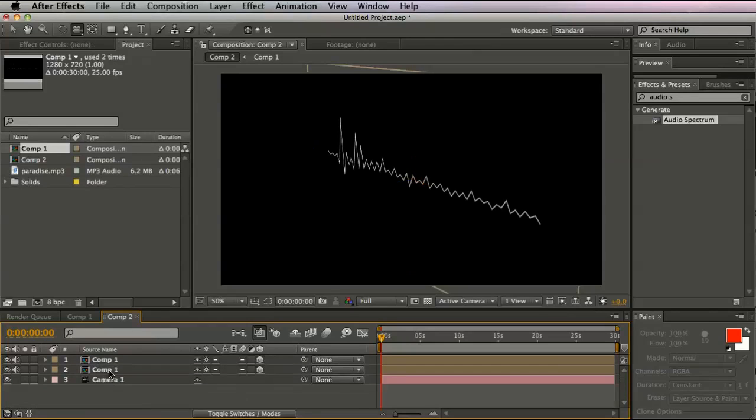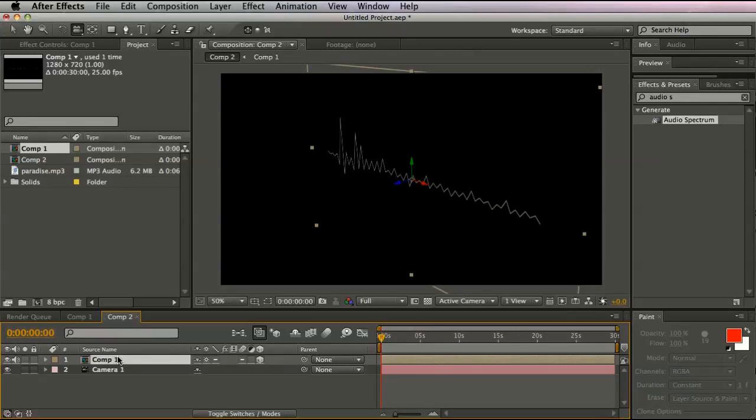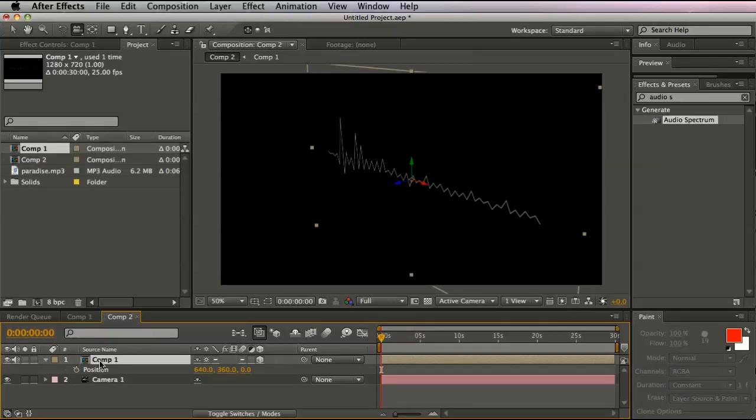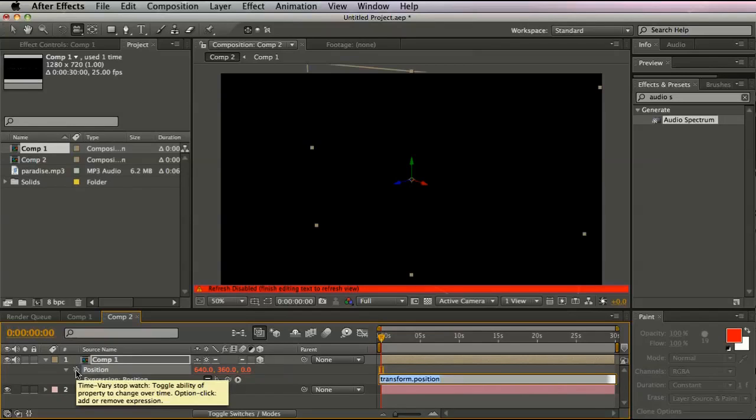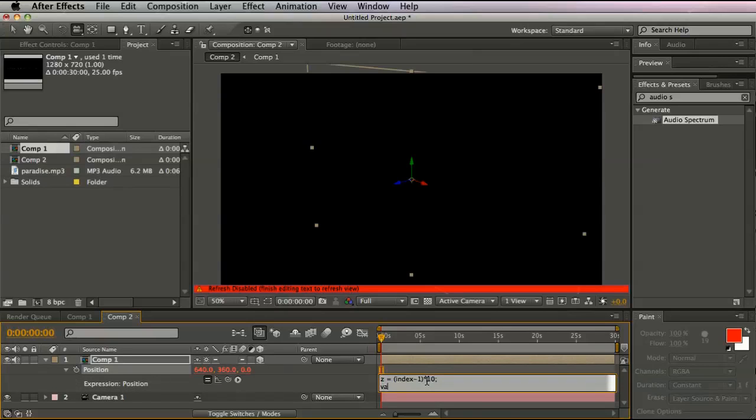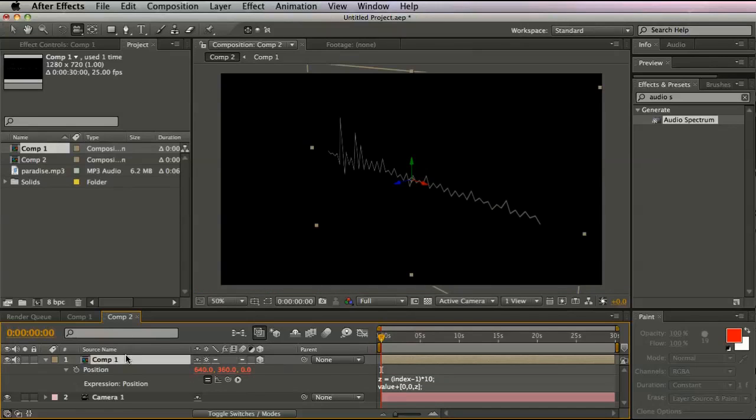So remove the 2 duplicated ones and press P on the keyboard so you get the position, and I'll click on this. Now let's create a new variable called z, and in the same way index minus 1, so it offsets along the z-axis by 10 pixels for every new layer. And now add it to the current value: 0, 0, z. Okay, now when you duplicate this,